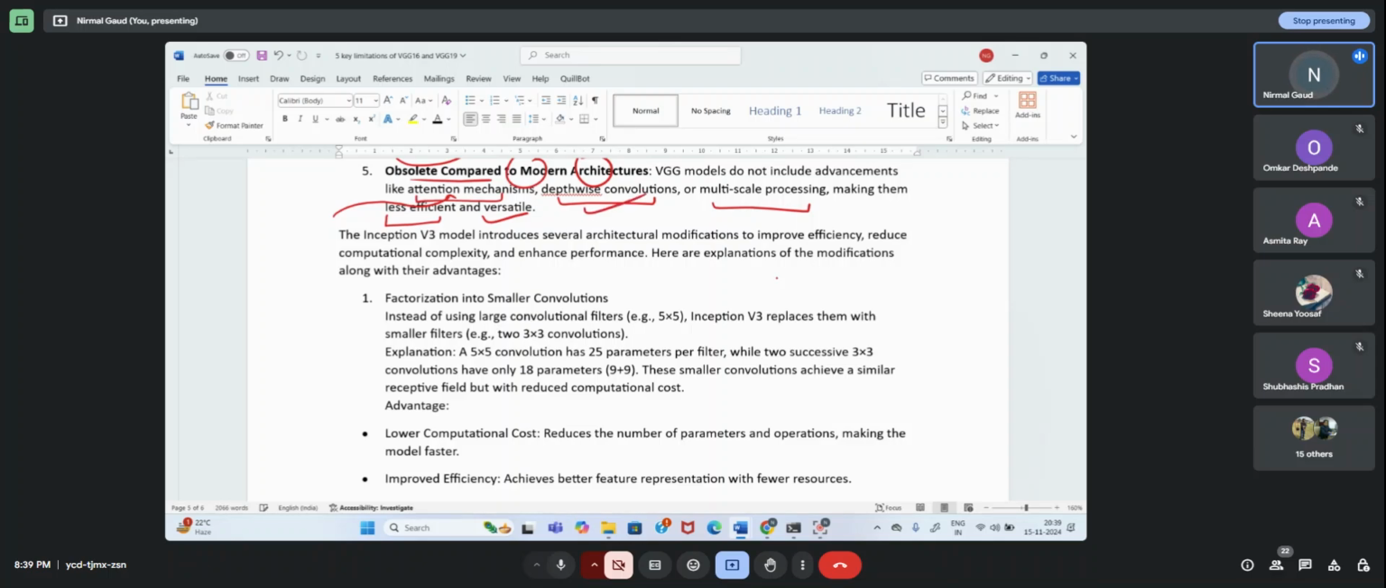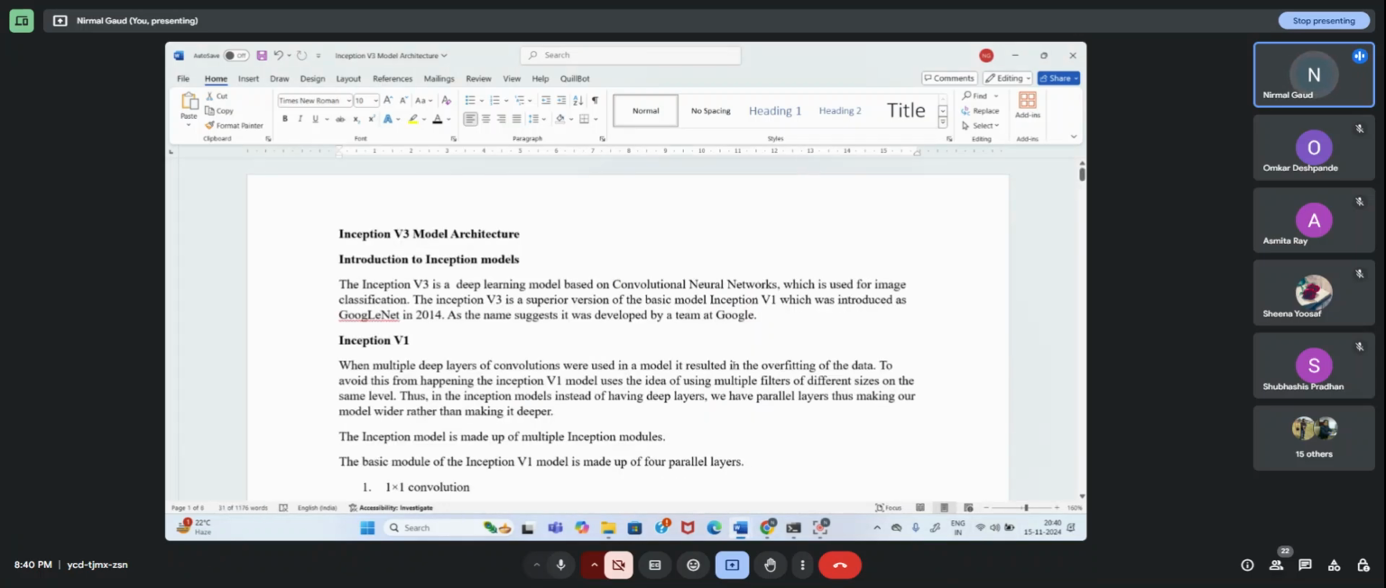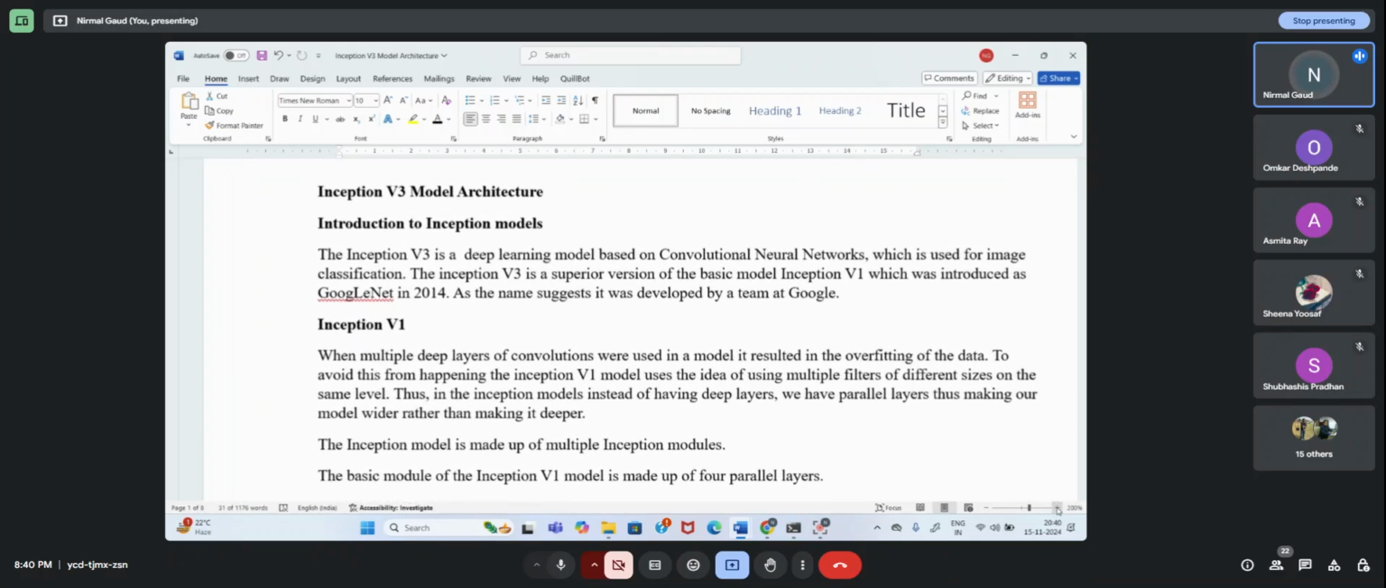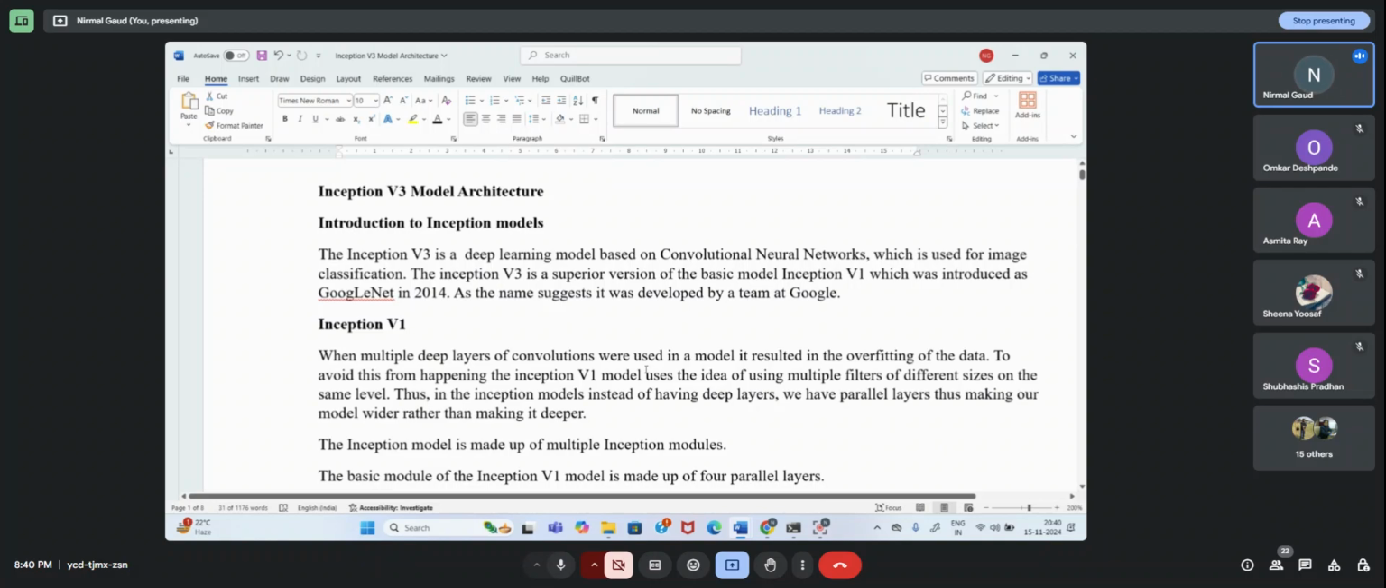What is depth wise, I will let you know. Okay, multi-scale processing, I will let you know. So we tried to improvise these architectures by adding attention mechanism. Initially these pre-trained models don't have that, so they are less efficient. So in order to face this challenge, we now switch to another architecture, which is better than these